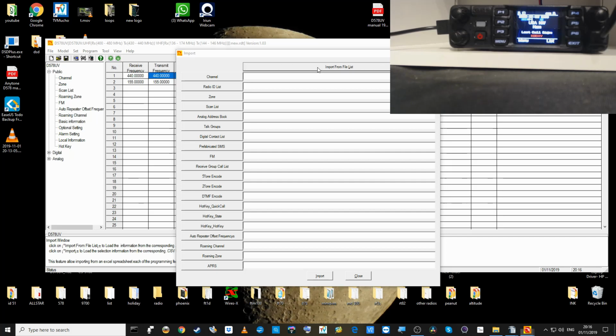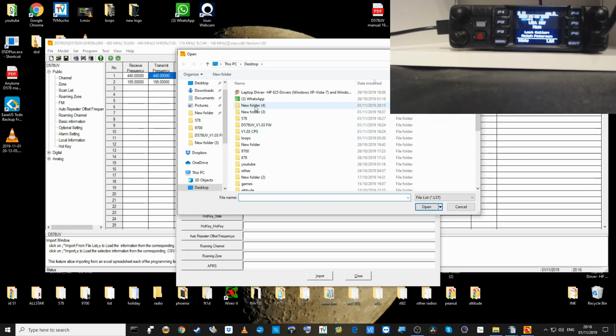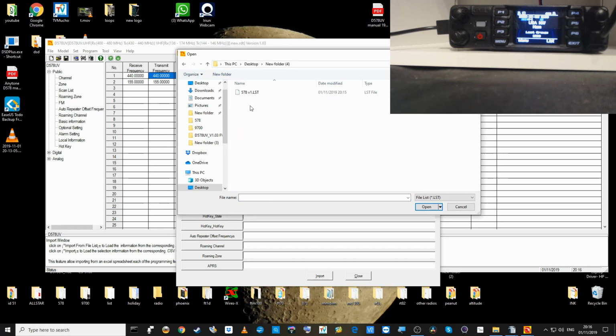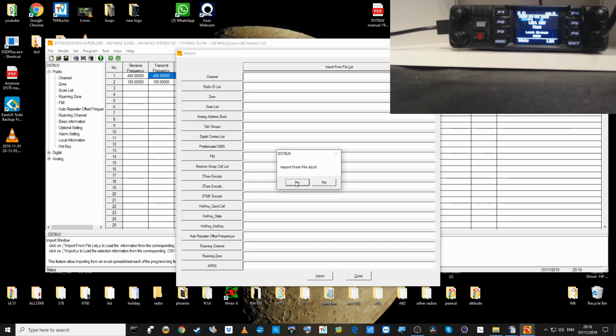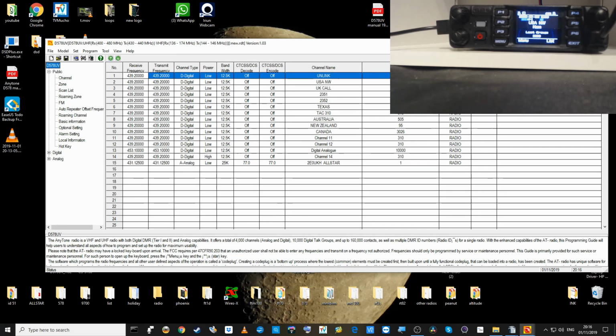So I've got a brand new code plug, and I'm going to import all of those files. So import at the top. And it's in new folder 4, and it puts a nice list file here so you don't have to click on 19 different files. That gives it the location of the files and their names. So I've imported that file, and it's going across. So import complete. So that now looks like my code plug,